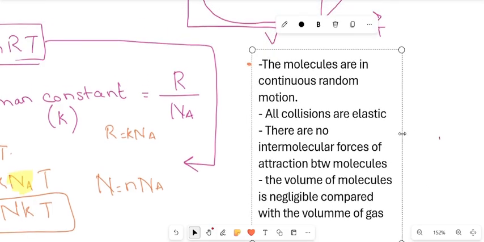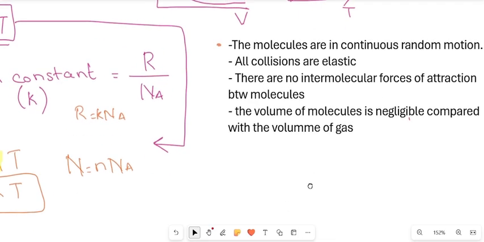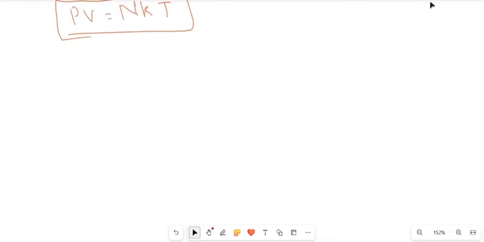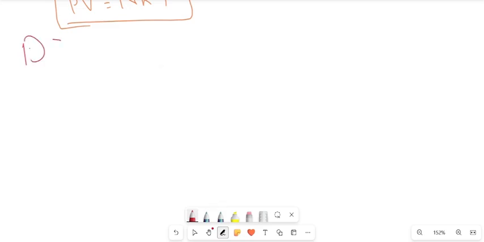So these are a few of the kinetic theory of gas assumptions that we make about ideal gases, and you can just learn them, you can understand them, and then you can see how there are no forces of attraction, they're in continuous random motion, and the volume of molecules is negligible compared to the volume of gas. Having done this, now we're going to move on towards the derivations, and I would say the most important derivations, and you have to stay with me throughout the derivation, because if you lose focus midway,